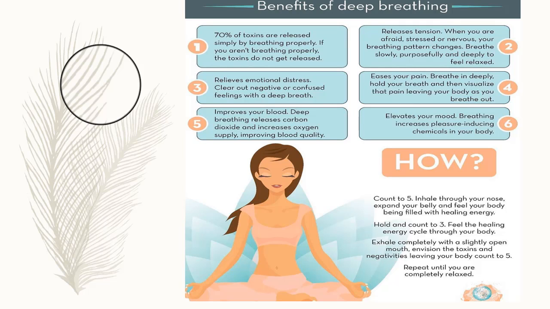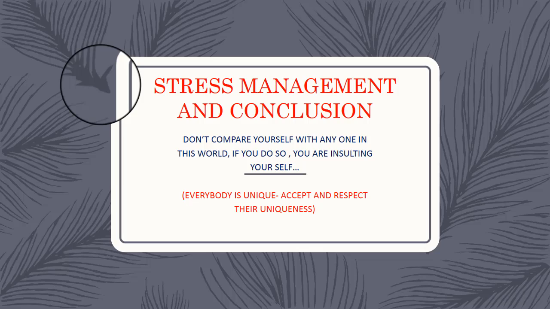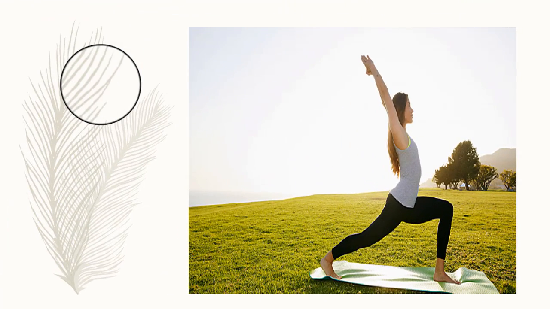avoid procrastination. Now, what is procrastination? This is the major cause of stress actually in this global world. How can you get rid of procrastination? Make a realistic list of things that you need to do each day. Do the most important things first. That way, even if you don't finish the list, you get the most important things done.